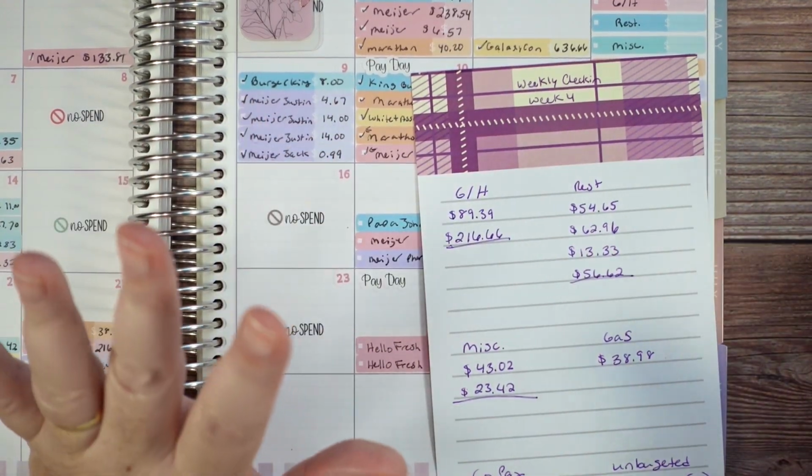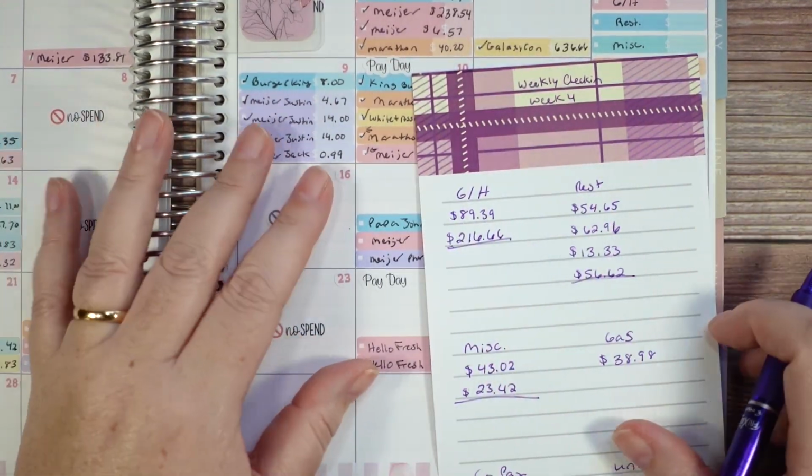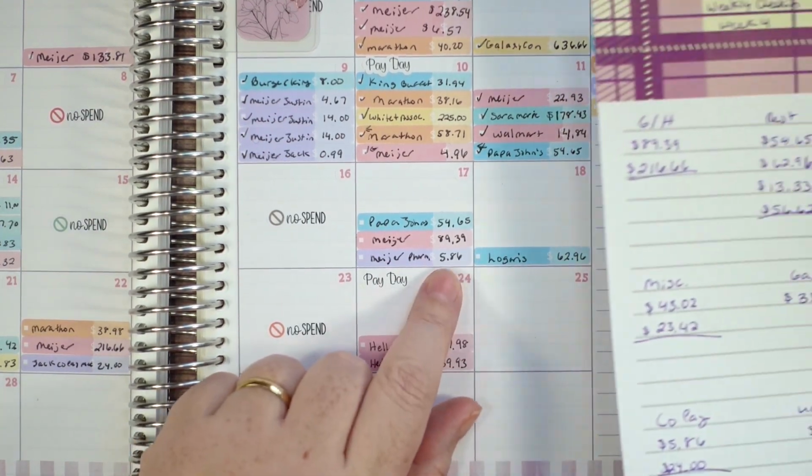On this, and I have to use my purple pen every time I use this paper, so that is just who I am. First thing I have is